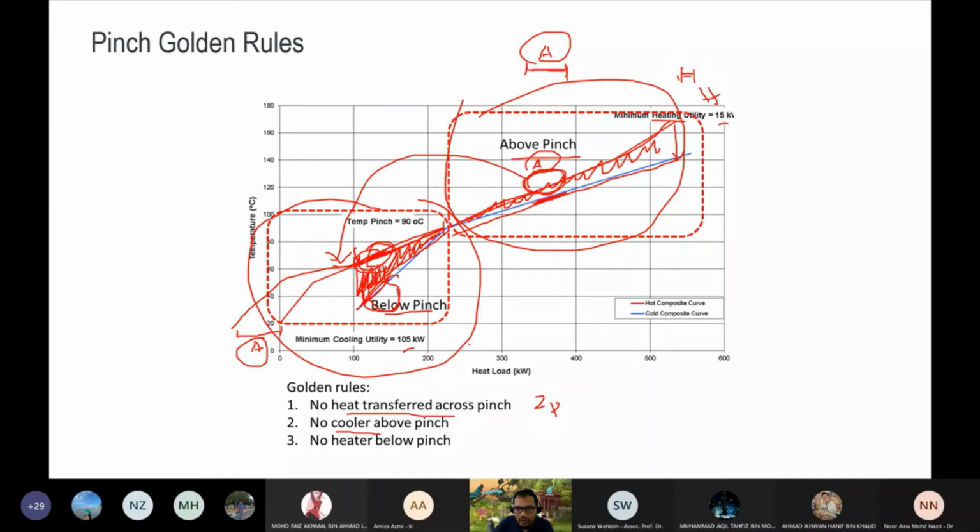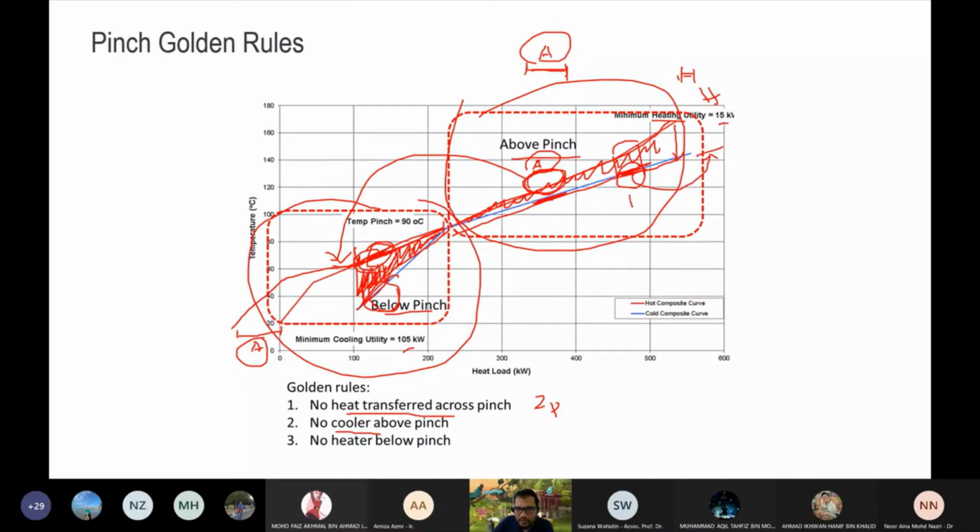So if we have a cooler over here, that means we cool this stream down. If we cool this guy down, for example, by a cooler, then the stream that was supposed to be cooled by this one needs to be heated as well, right? Because this needs to be heated, so it will then go over there. So it will then create